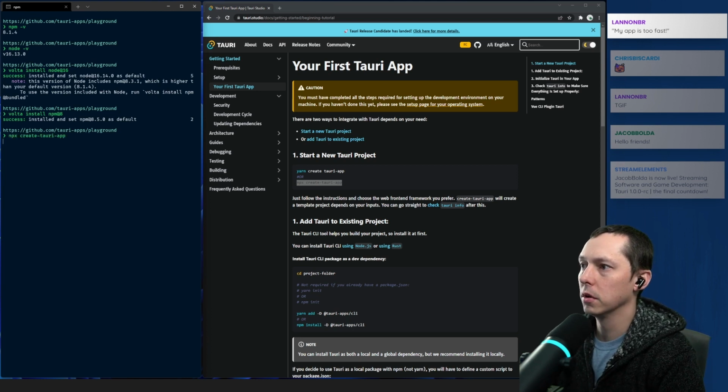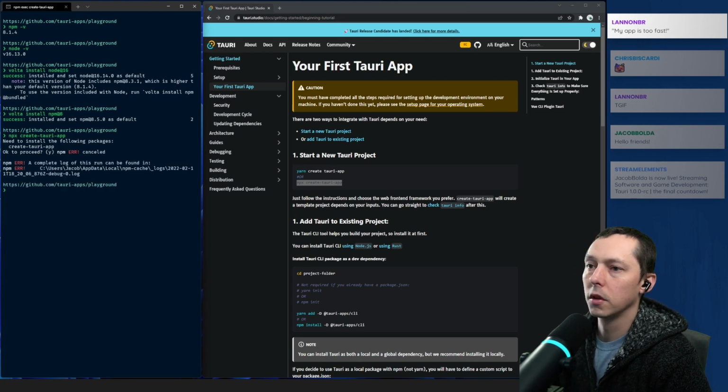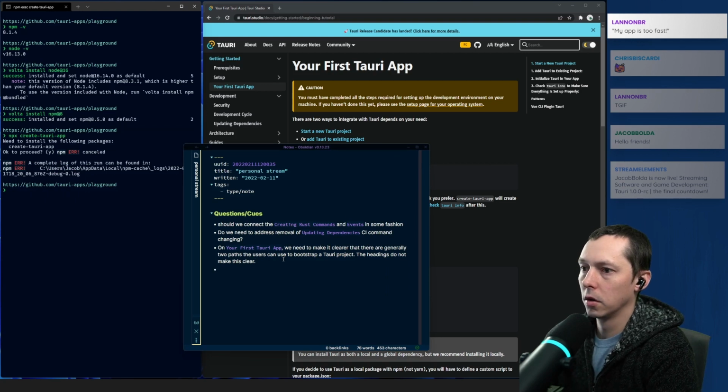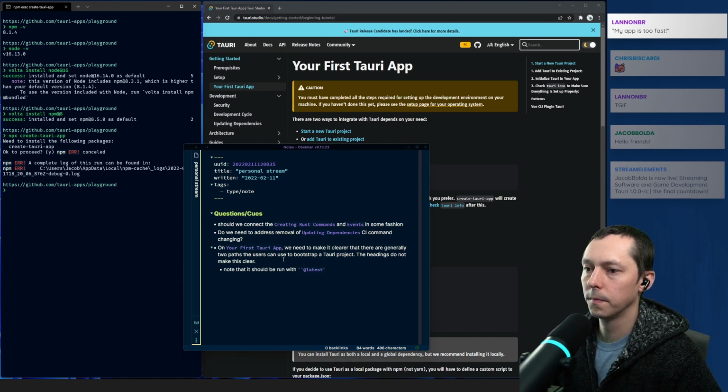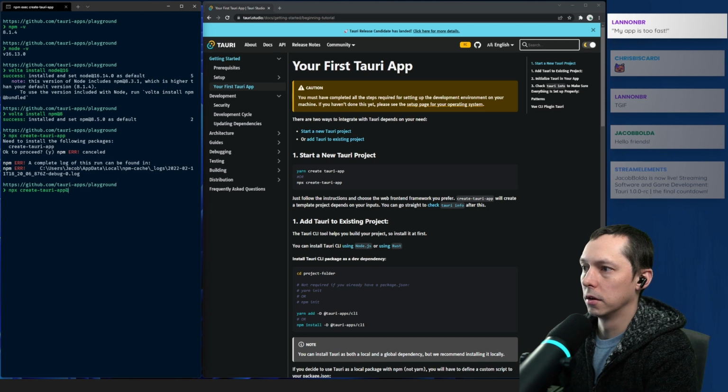So basically we're going to run this. We also need to say, note that it should be run with at latest, because that's going to be an issue. I think you can do that. There's also